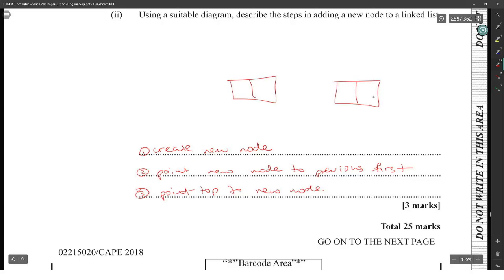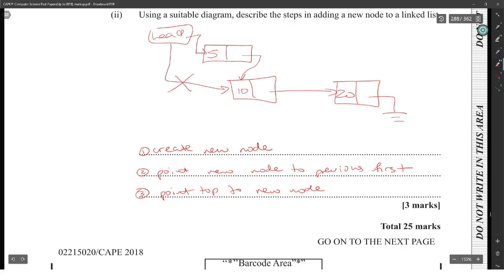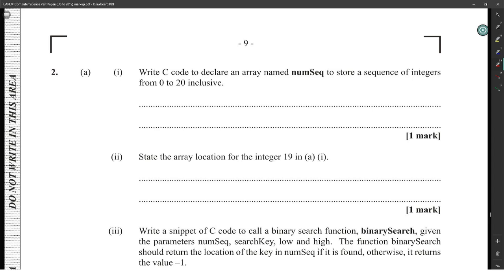Say this is the linked list I would have had. You put 10 and then 20, and then there. You're going to create a new node, 35, to point to here, and then the top which was pointing there now points here. Pretty much. 3 marks. Alright, write the C code to declare an array named num sequence to store a sequence